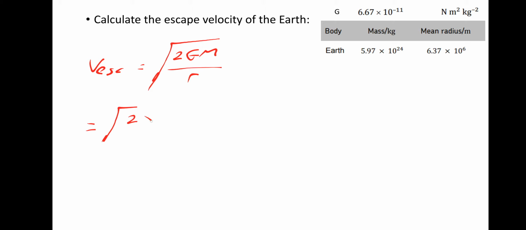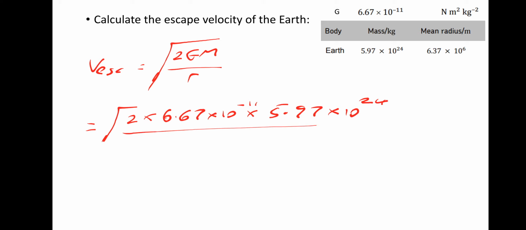So square root of 2 times G, which is 6.67 times 10 to the minus 11, multiplied by the mass of the Earth, 5.97 times 10 to the power 24, divided by the distance r, the surface of the Earth, 6.37 times 10 to the 6. Don't forget to square root. So the escape velocity is